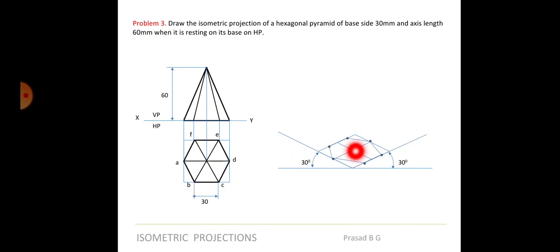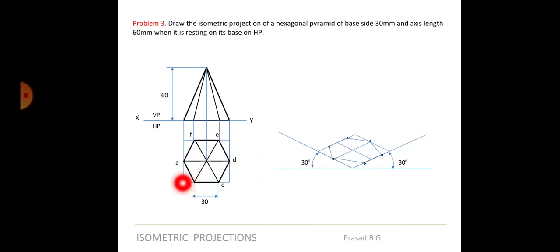So from this center you will take the height of the axis. So what is the height of the axis? Axis height is 60 mm. Yeah, 60 mm is given. So from this center you will take ISO 60 again, not actual 60. Everything should be in ISO. Remember that this distance is ISO 30. All sides are equal to ISO 30, and that is why I asked you to draw the orthographic view also as ISO 30. Otherwise every time you have to convert, isn't it?